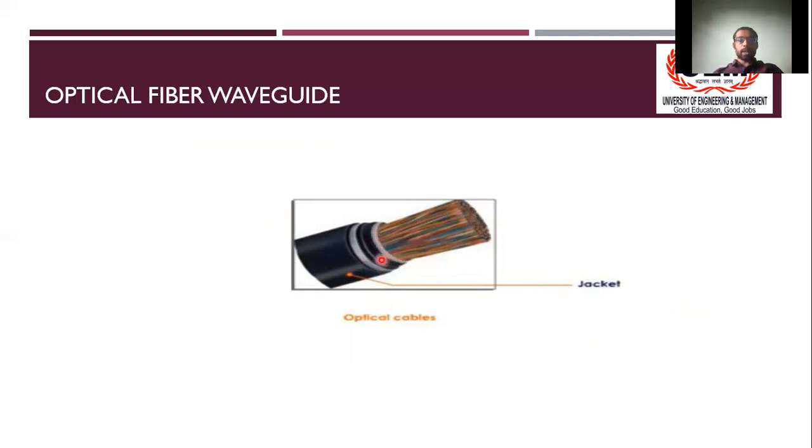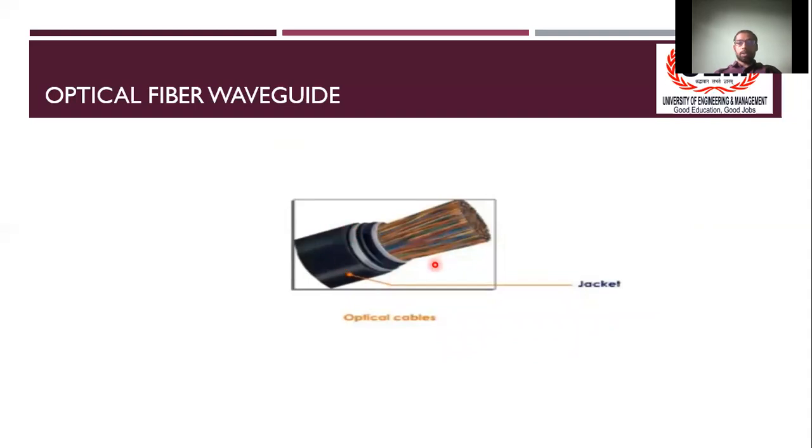jackets, which act as insulators as well as protective sheets which protect this fiber optic cable from getting affected. Since these are very sensitive, micrometer-width fiber optic cables made of silica glass, we do not want them to get damaged. So to protect this glass from bending, from moisture, from heat, and also from scratches, we always put it under different insulators and protective sheets.